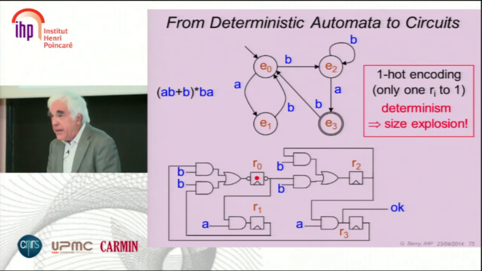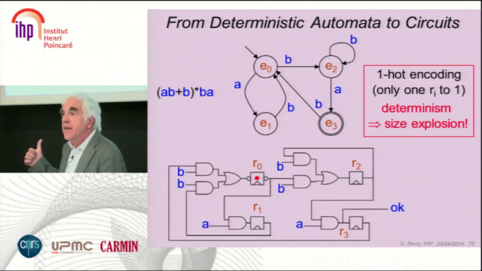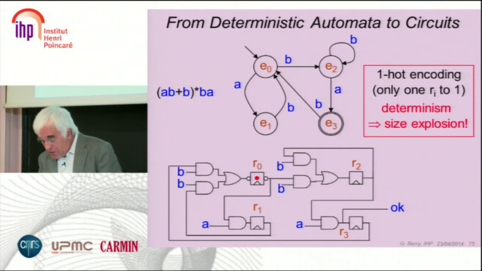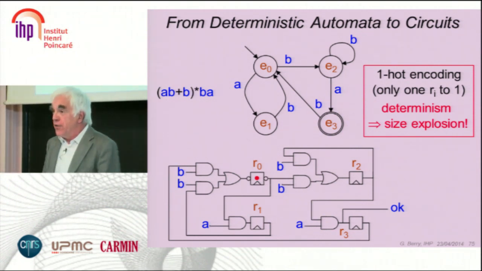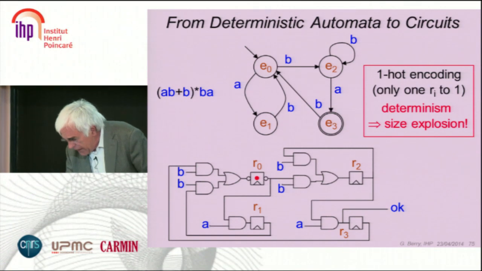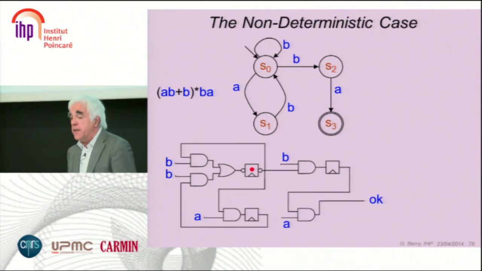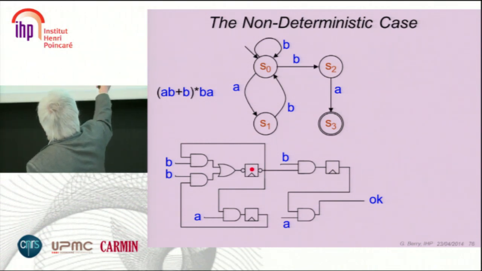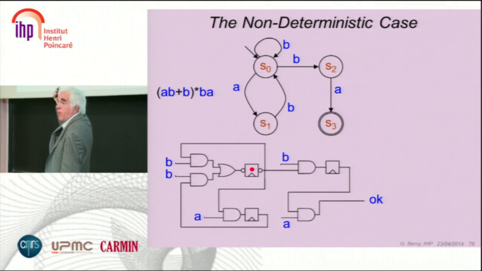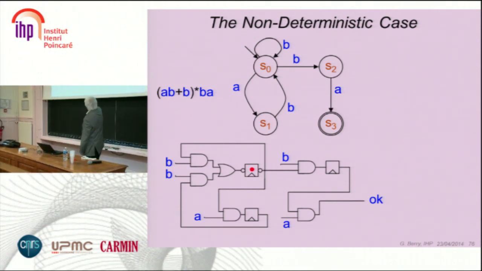Now, of course, this automaton, you should not do it because you cannot do it. I mean, if you take a protocol, if you take USB, it may have, I don't know, 10 to the 50 states or something like that. You cannot do that. If you take the same expression, but you build the non-deterministic automaton, it's just simpler. It has one less arrow, but in general, it's exponentially smaller. You do exactly the same.